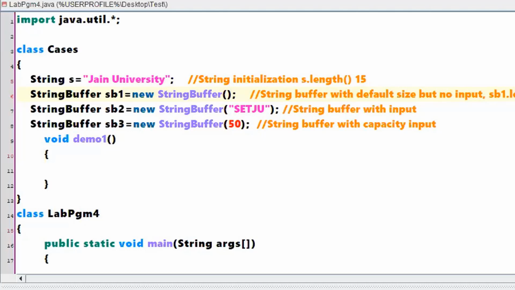How many characters are there in string buffer 1? 16? Don't get confused between length and capacity. Zero is the length because I'm not putting any string here, right? It is just an empty string buffer you are creating. Nothing has been put in that string buffer. Its length will be 0.